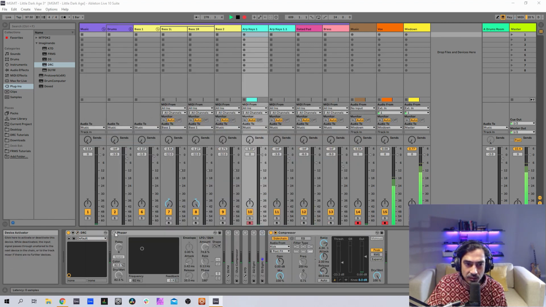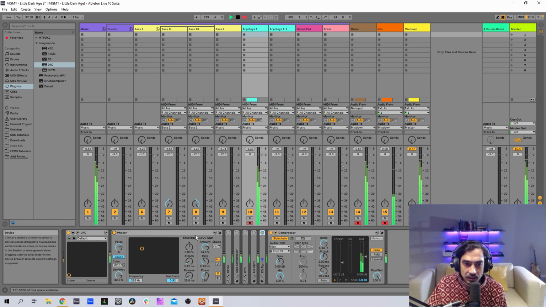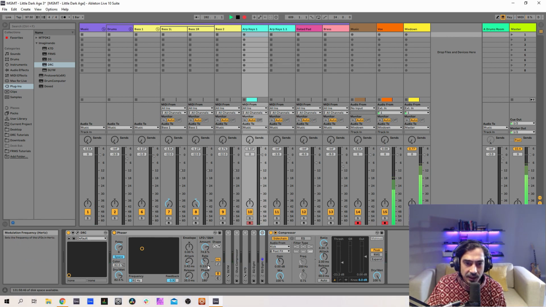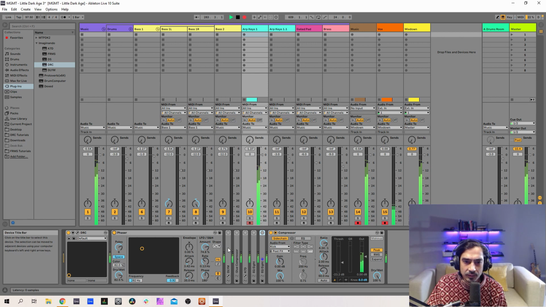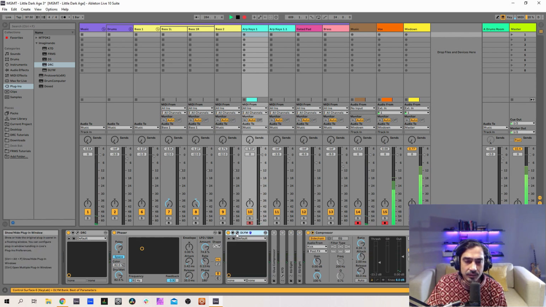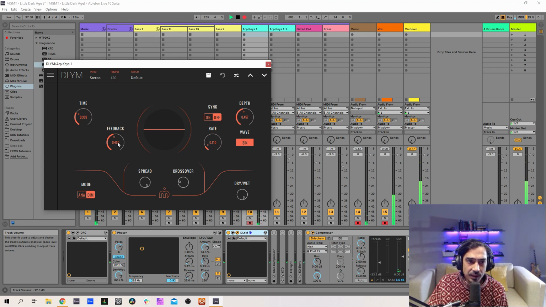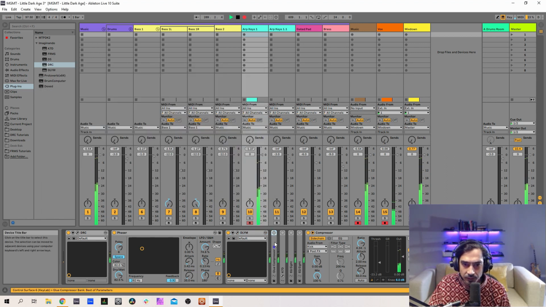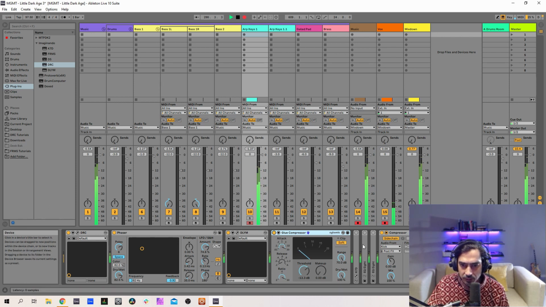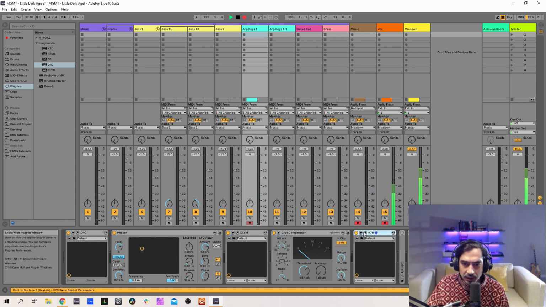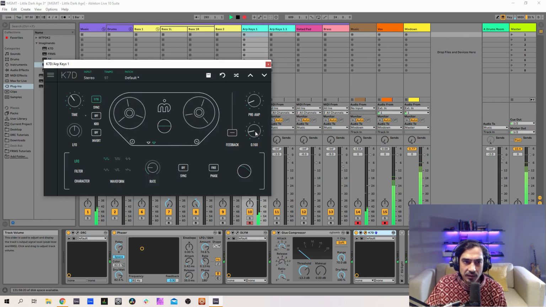But now what we're going to do is turn on the phaser with 6 poles, dry wet of 82, an amount of LFO of 74.6 and a rate of 0.13. Our nice delay modulator now with a time of 303, feedback of 450, a depth of 457, a rate of 111 and full wet. Now the K70 is really soft as well. We have a dry wet of 160 and a sync of 1/16 with a little bit of ping pong and stereo width and full wet.